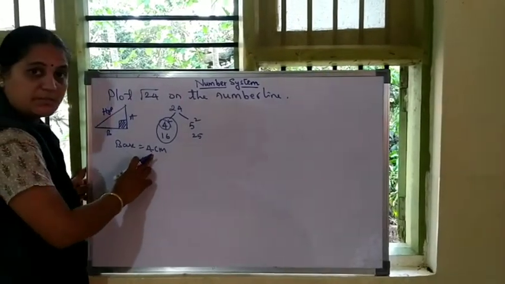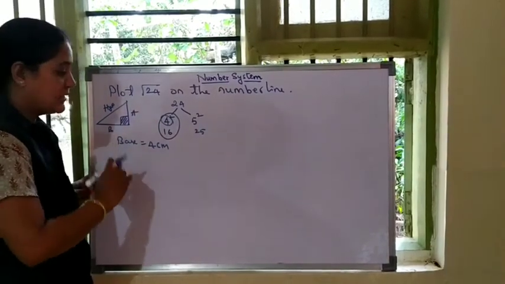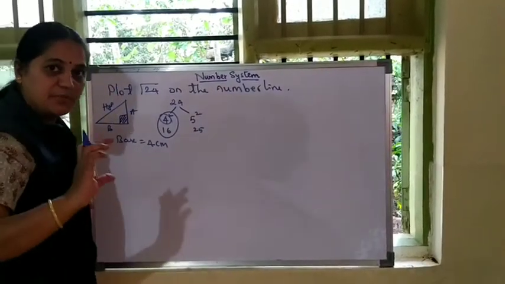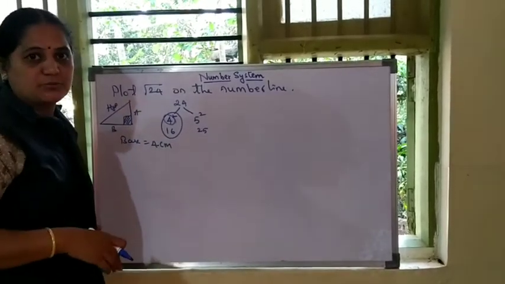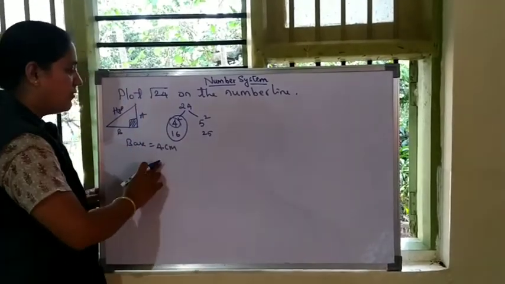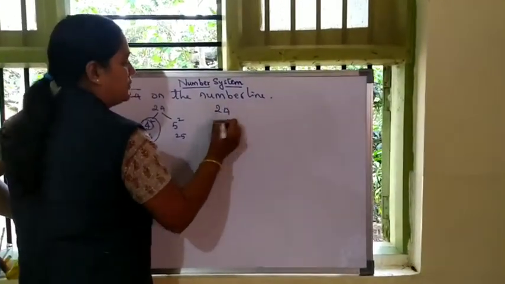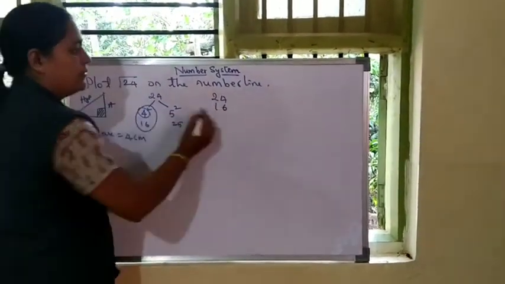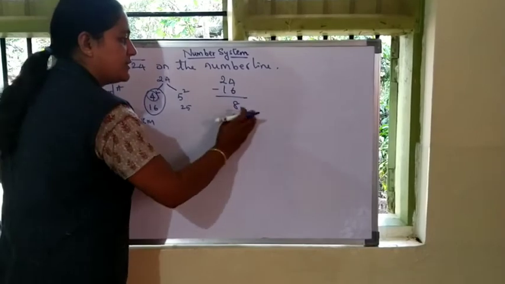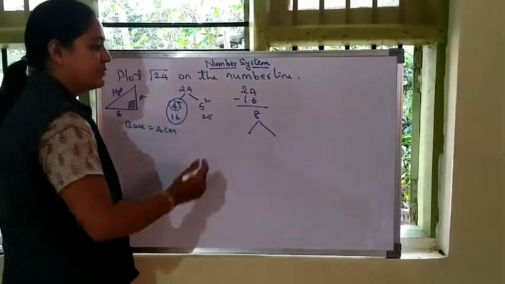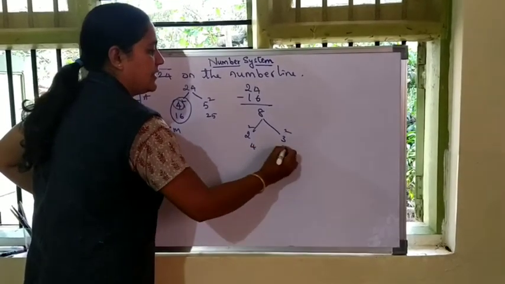Now, as I told yesterday, if I take only the base and keep the altitude fixed at 1 centimeter, you have to draw around 7 spirals. So we will reduce that and go for the altitude also. In 24 you subtract this value, 16. 8 will remain. In that 8, again think which two square numbers it is in between. It is in between 2 square and 3 square, that is 4 and 9.